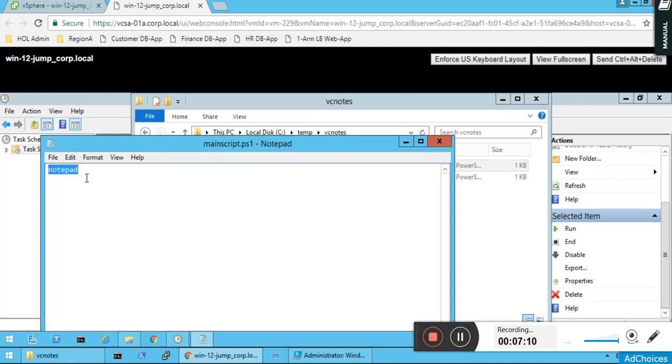Inside this main script you can give the path of any MSI installer.